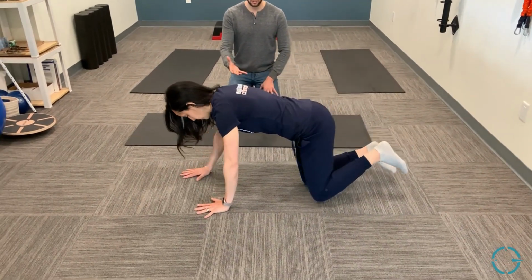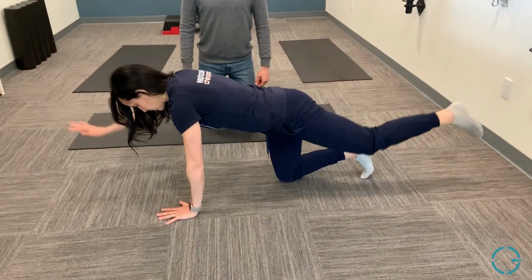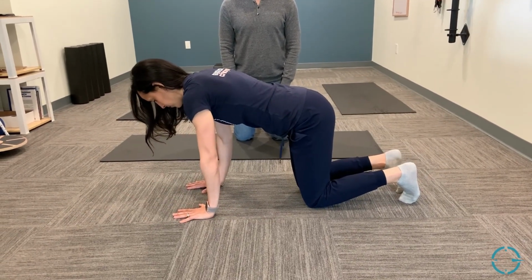So finally we go into the bird dog. So full repetitions here with the bird dog, where we're extending the arm and the leg at the same time, keeping nice neutral posture,